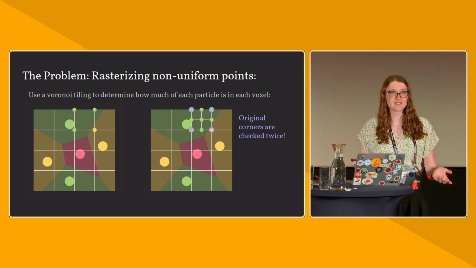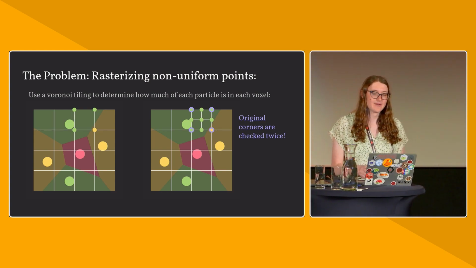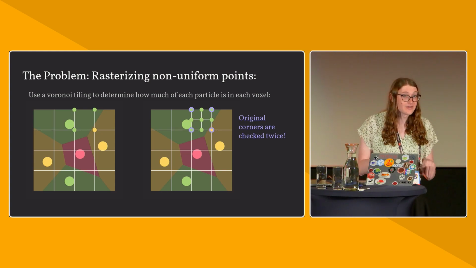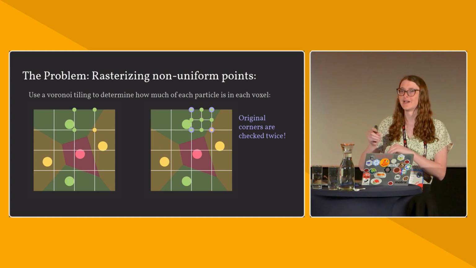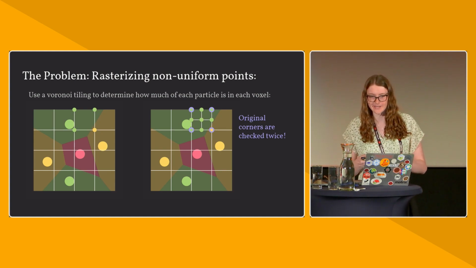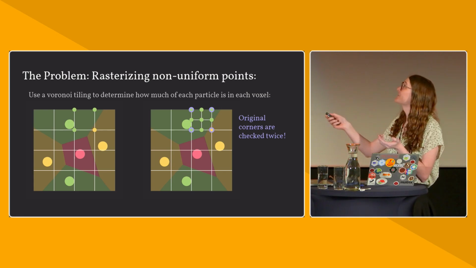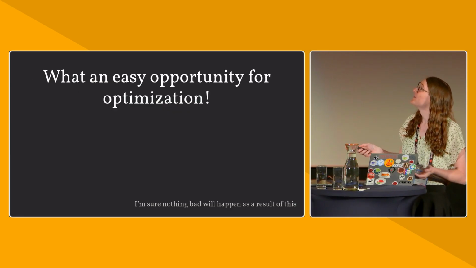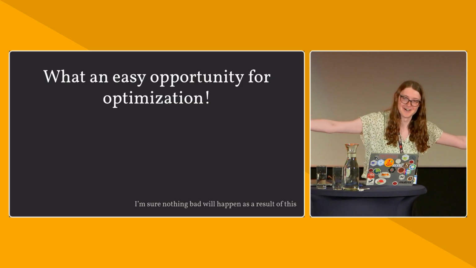You have to find a nearest neighbor point, so that's a BVH traversal, that's big O of log n. And in the actual problem, there were several other things we had to check as well. There were a couple boundary conditions that we had to look for that also took a very long time to calculate. And the performance of this mattered for the case that we were doing this. So I saw this, I saw that these were being done, and what an easy opportunity for optimization, I thought,